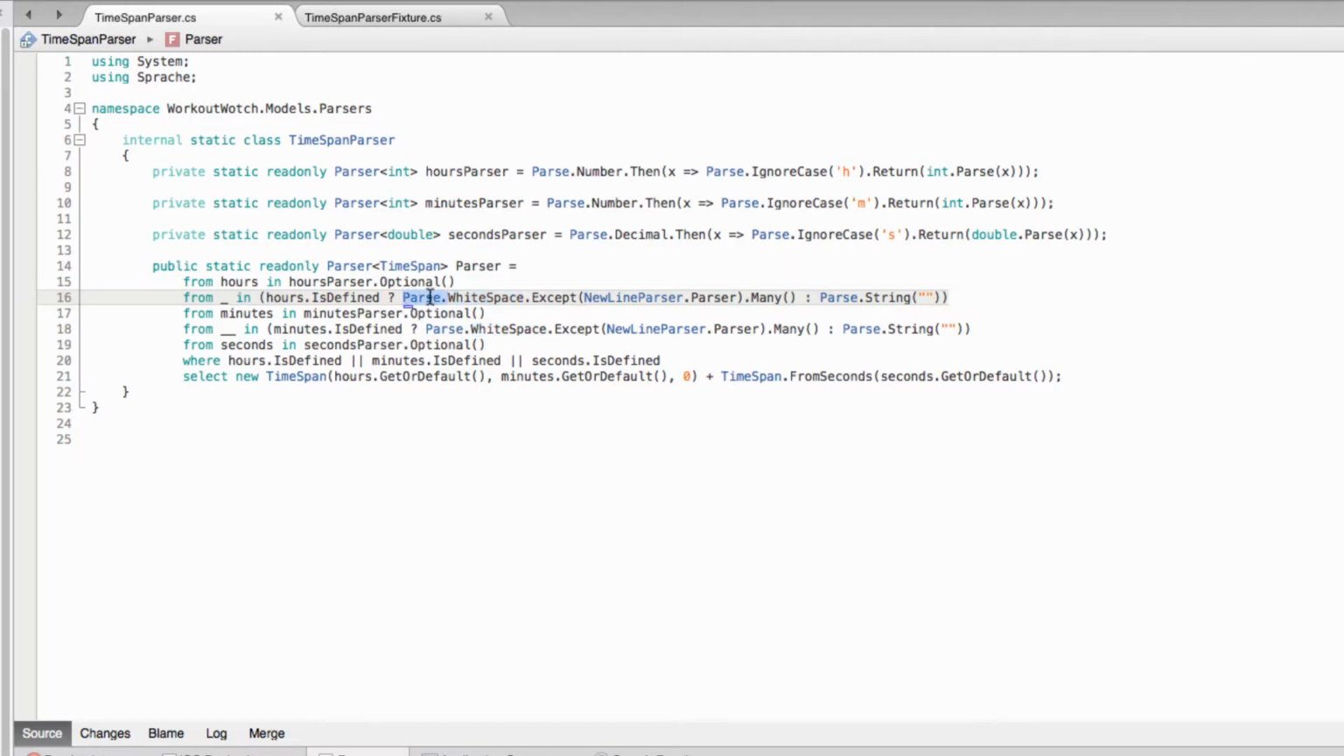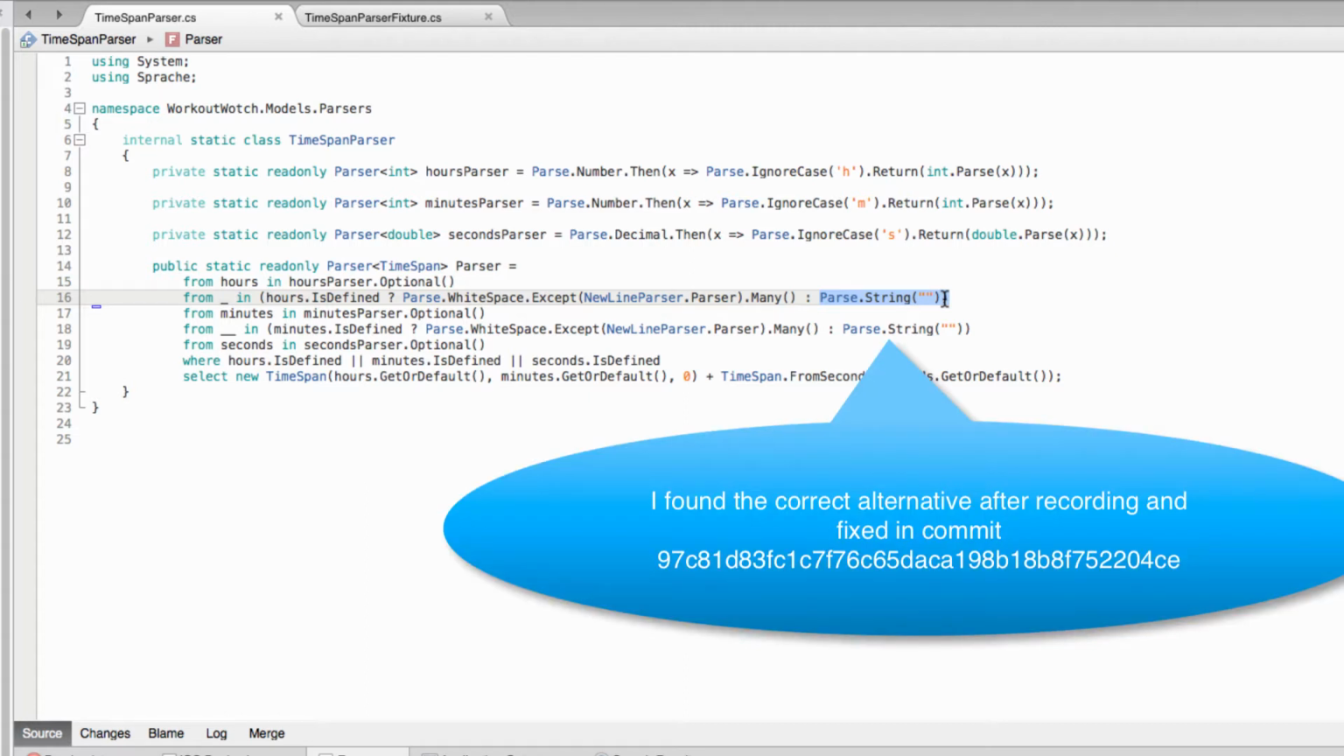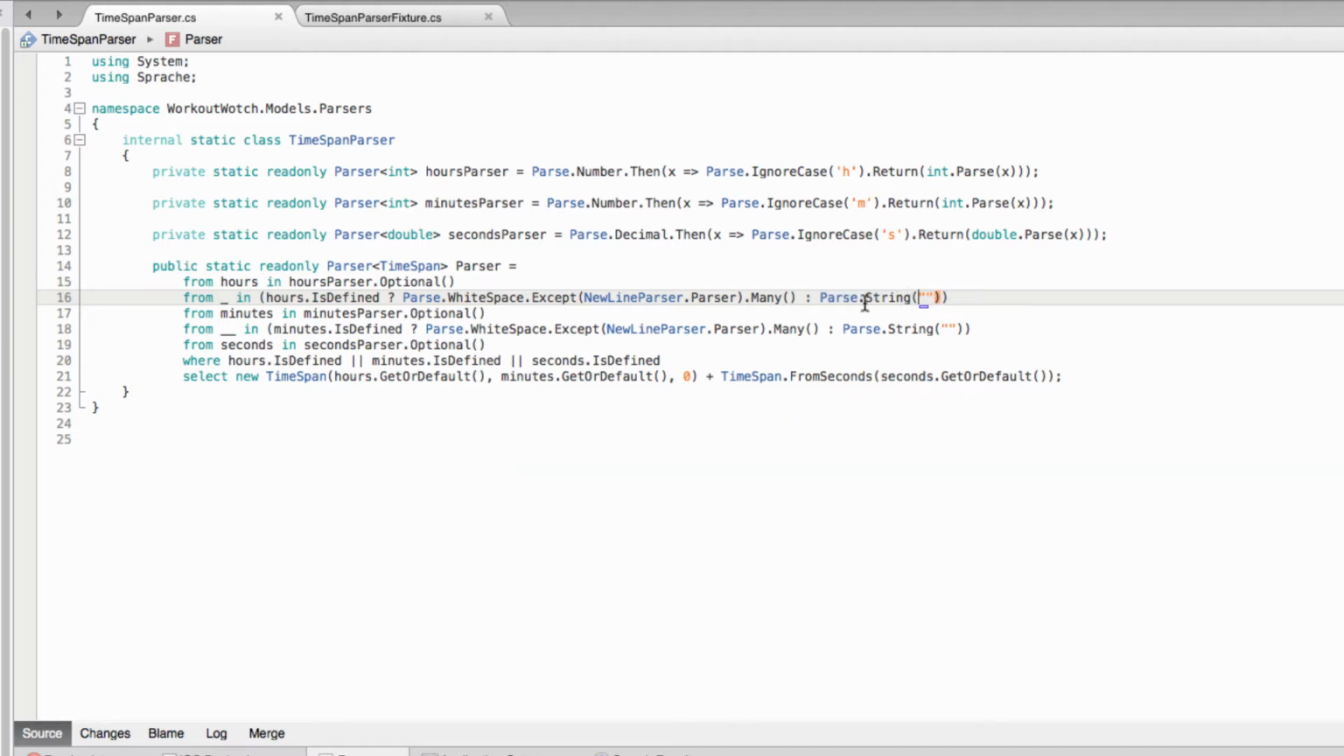Okay, so we're looking for any amount of white space, which is what this Many does. It will match any number of times, including 0. But if hours is not defined, then we don't need white space. So I've got this Parse.String here, which I don't really like, but I couldn't find an alternative. I just wanted to return a parser that always matches and doesn't consume any input. And this parser meets that criteria, but it just seems like we should have a specific method for that kind of scenario. But anyways,